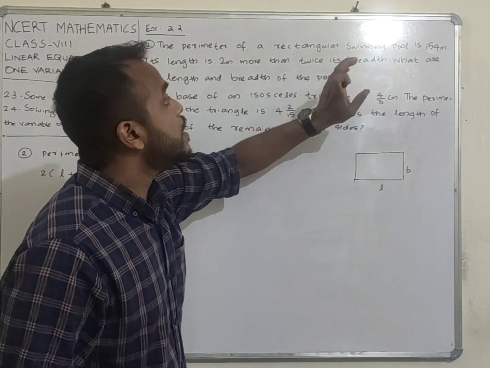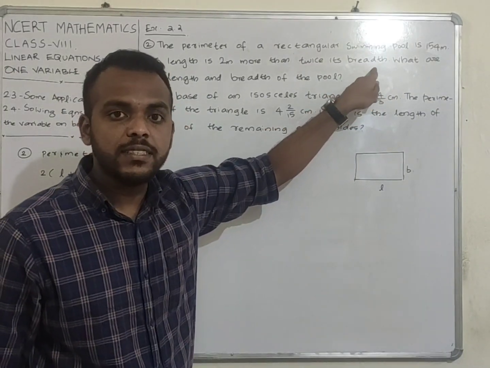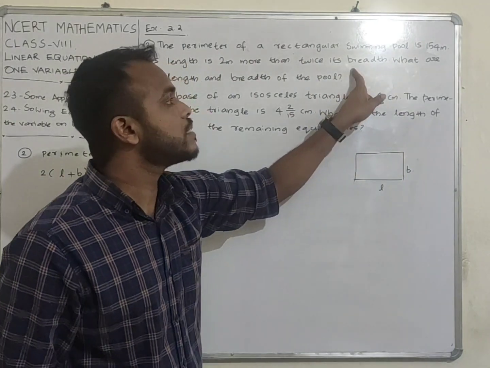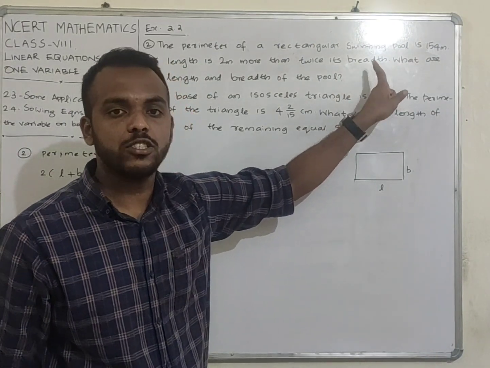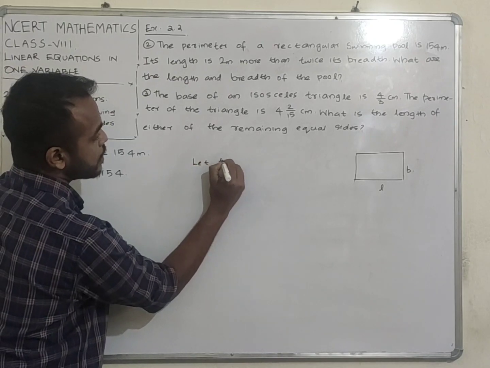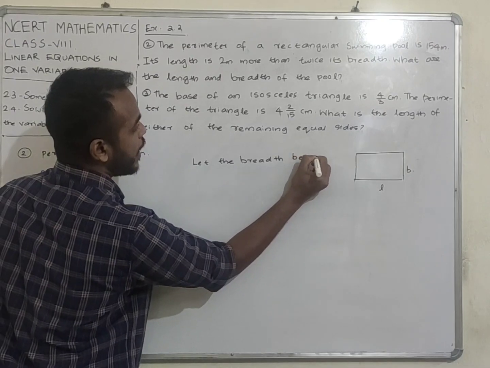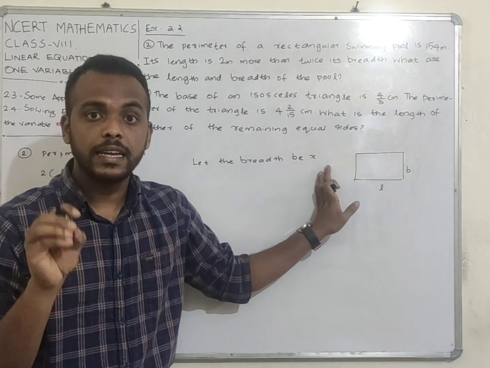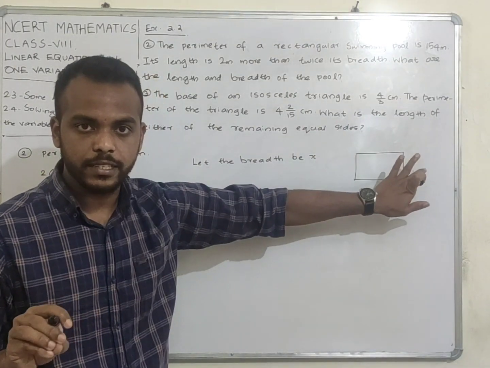So, the statement begins by mentioning the breadth initially. So, the unknown quantity that we should take is breadth. So consider the unknown quantity x as breadth. So the statement should be written: let the breadth be x, and there is a relation for length based on the breadth of this rectangle.